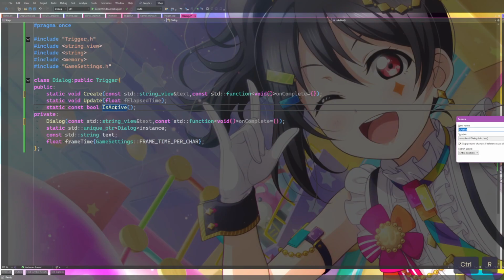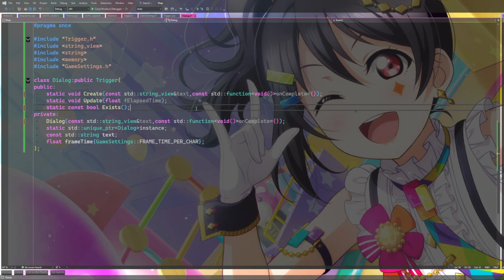isActive is whether or not... I'm trying to think what I meant to do with this function. Why did I call it isActive? Oh, like if we have a dialogue, okay. Or maybe I should just call it exists. I'm just gonna call it exists.